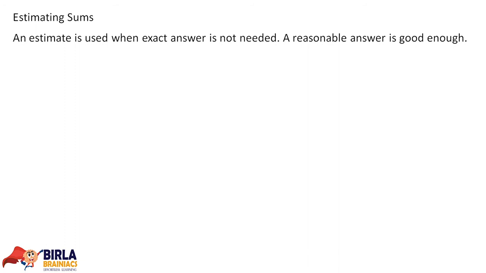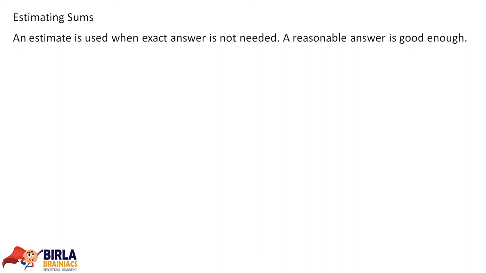So 30 people are going to come for your birthday party. Obviously, you'll arrange for food, isn't it? Now, everybody likes pastries. Suppose you order pastries. Are you going to order exactly 30 pastries? No. 30 people are going to come, but you will order a little more so that everyone can have it. Right? Because some of them may eat 2 or 3 if they like it very much. So, when an exact answer is not expected, a reasonable answer is good enough, that time we estimate.